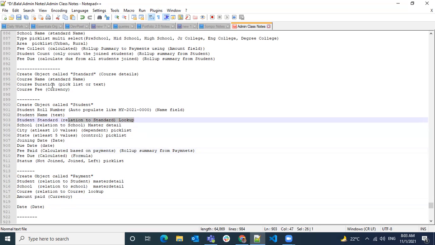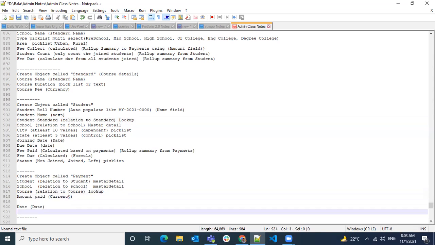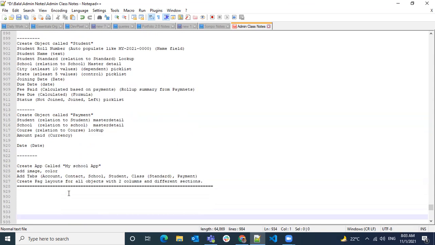So from standard, we'll get the fee information for the student. If they have 1,000, then the formula is going to be 1,000 minus whatever fee he has paid. That's going to be the due. So yes, you can pay multiple installments or a single payment. There will be no problem there.